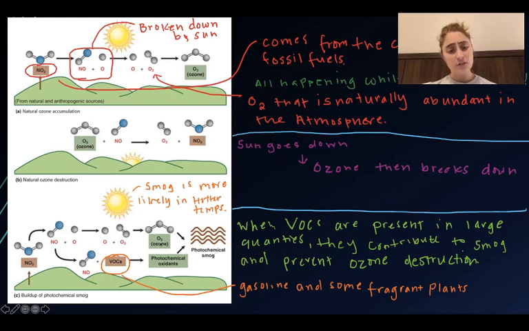And the combination of O3 and those photochemical oxidants is going to give you photochemical smog. So when VOCs are present in the atmosphere in large quantities, not only do they contribute to photochemical smog, but they prevent the breaking down of ozone, right? So we know we aren't able to break down our ozone, and as a result, we end up with something